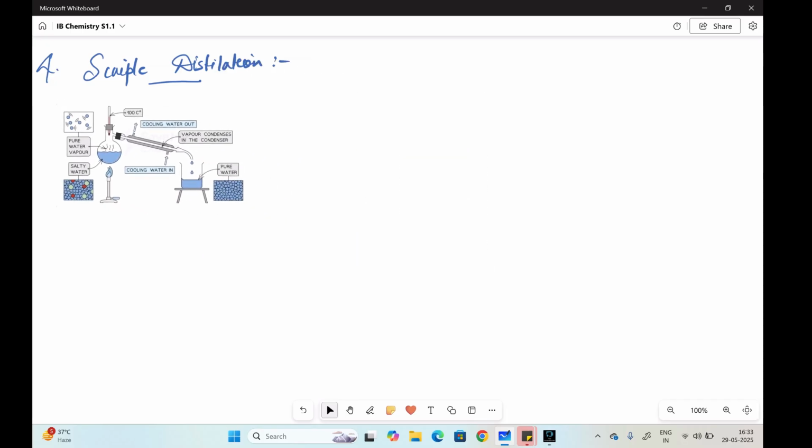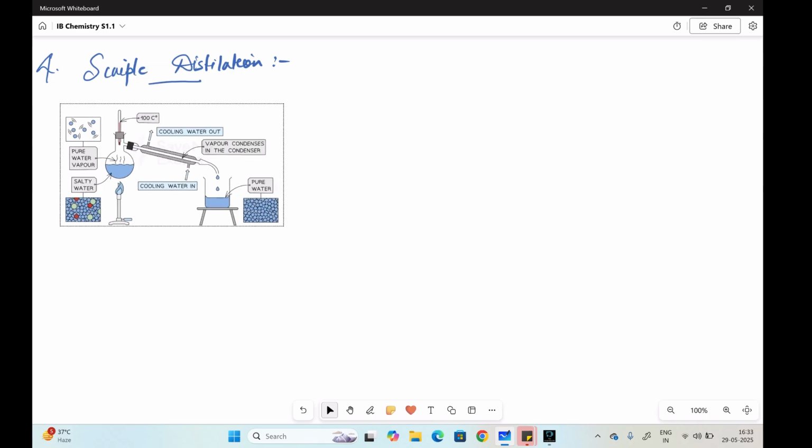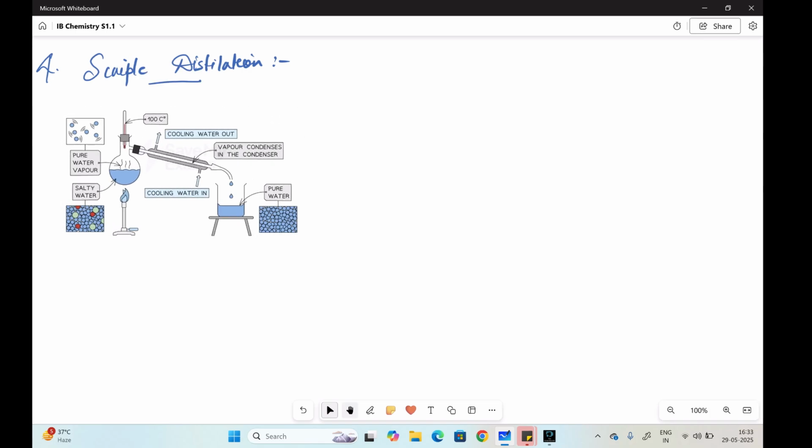So simple distillation method is where the separation is based on difference in the boiling point. Let's say you have taken more than two substances and both substances have a different boiling point, and you want to separate both the substances from the solution. So the best idea is using simple distillation. So you can say simple distillation